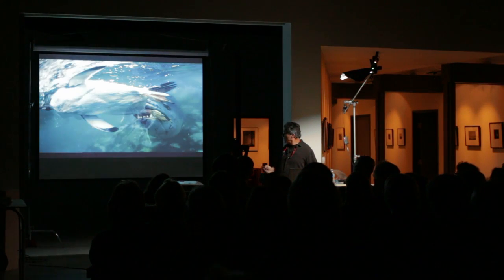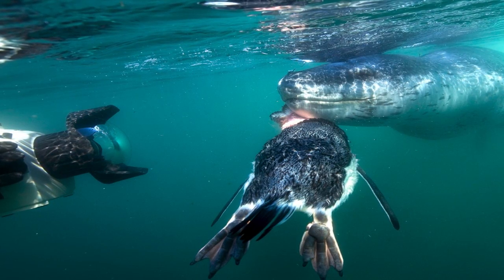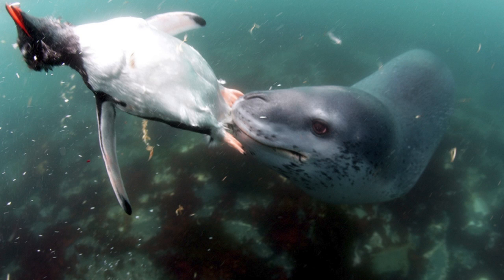So how do the leopard seals really feed on a penguin? They shake the animal, or before they do that, they come in front of the camera and hold it and tell him, that is mine. And now they hold it and shake it violently from left to right, so the skin peels off, and